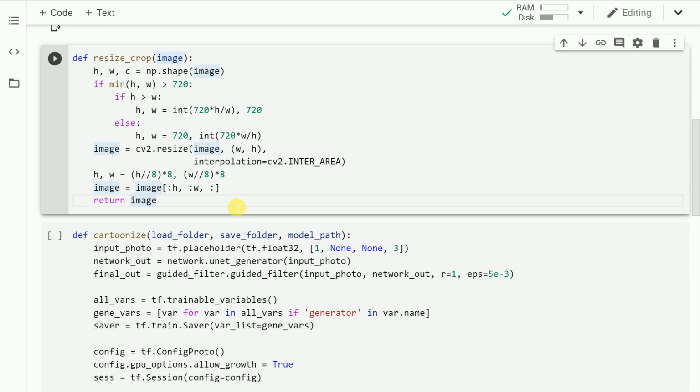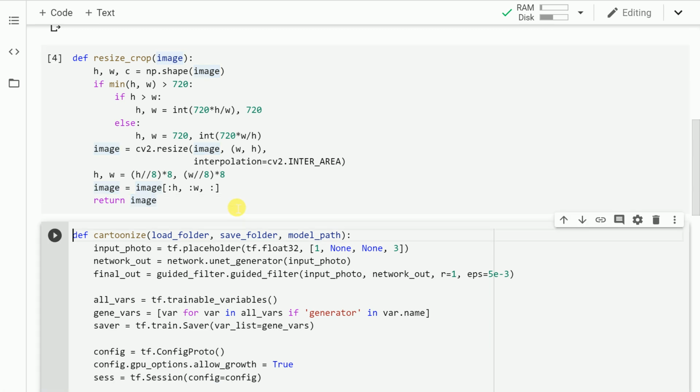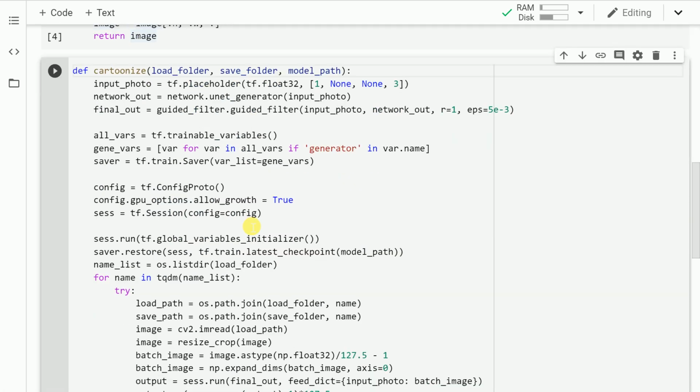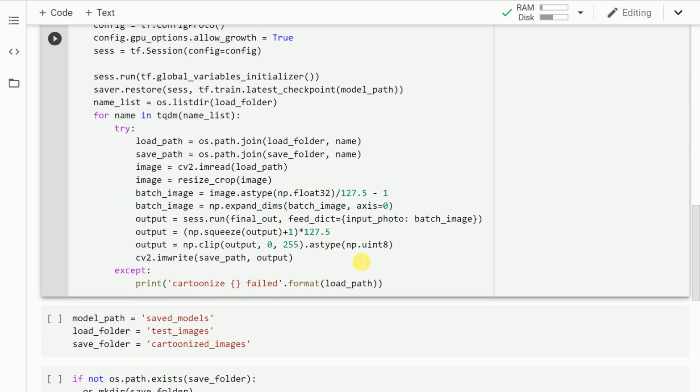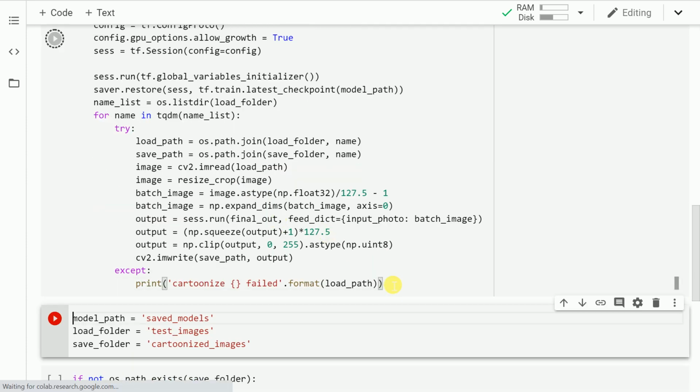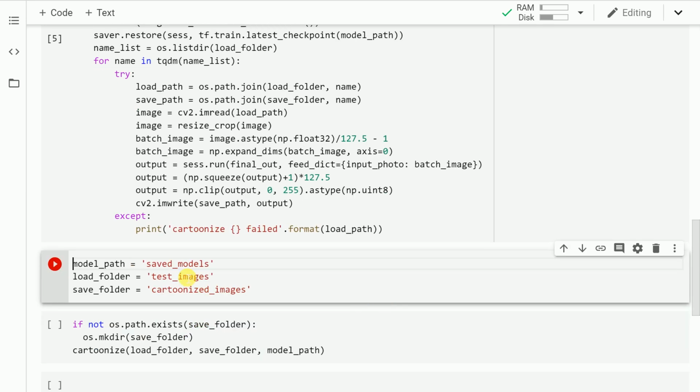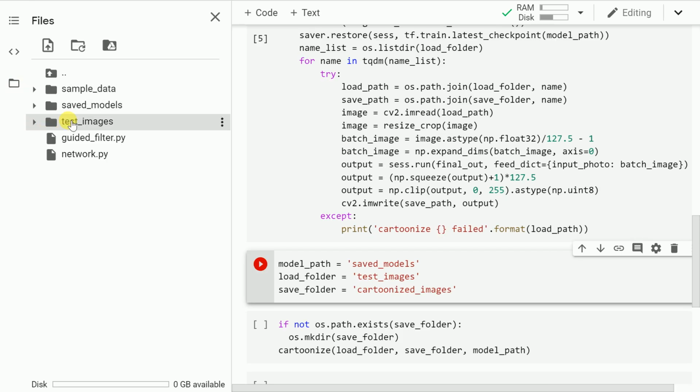I import the functions which were there in the cartoonized file. And I also import the cartoonized function which is there. This is where I select the path, which is the saved models path, the test images as well as the cartoonized images. So if you look closely, I have the two folders that are already mentioned here, which is the saved_models and also the test_images.